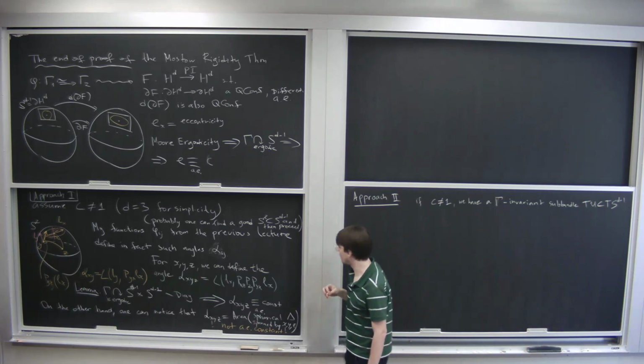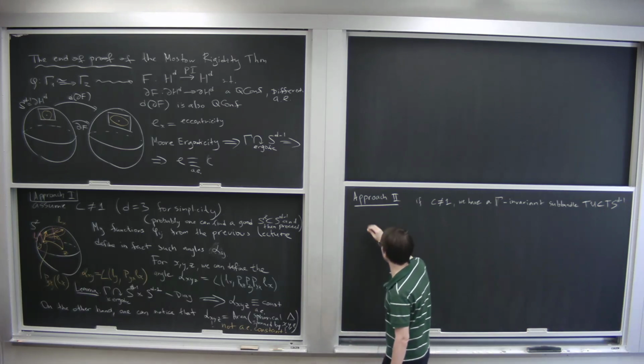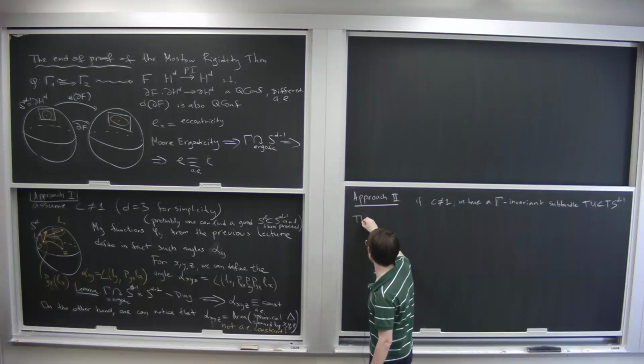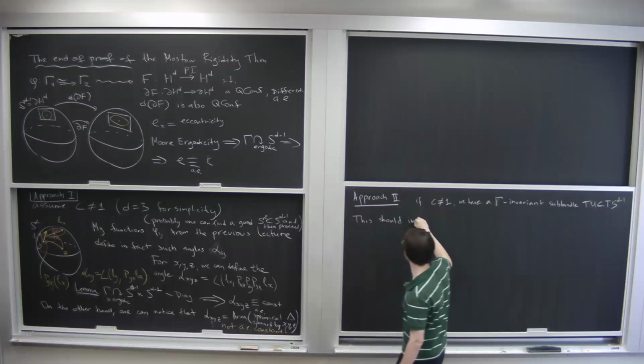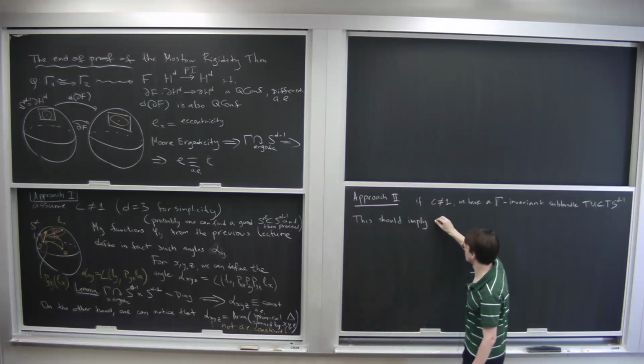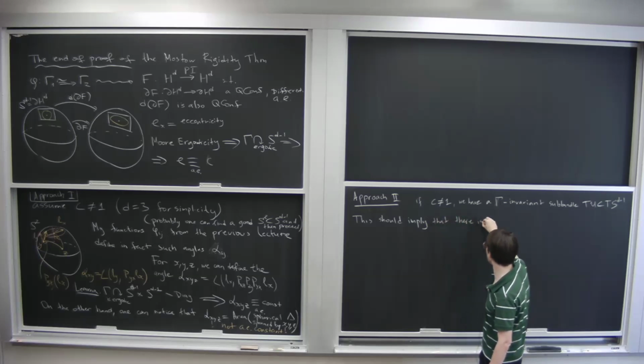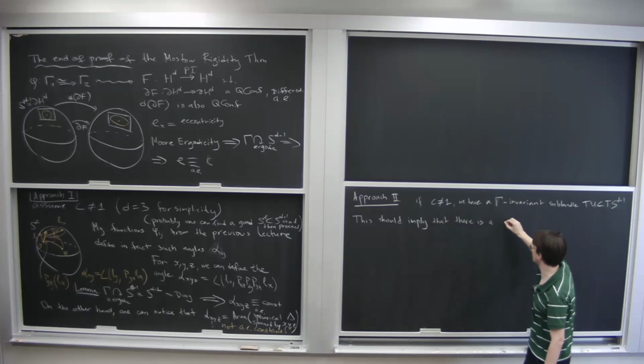And this should imply that there is a gamma equivariant map,